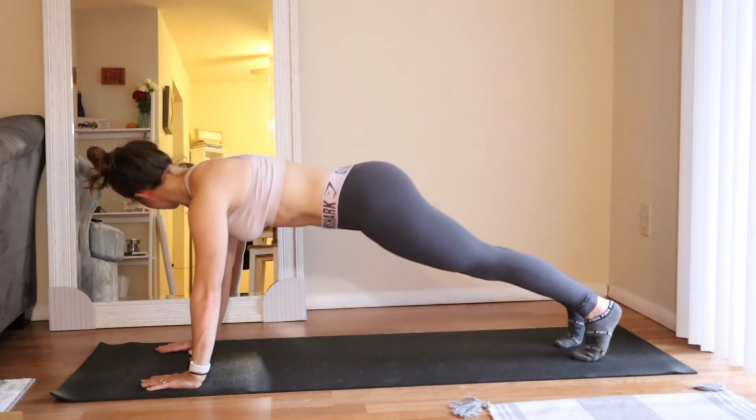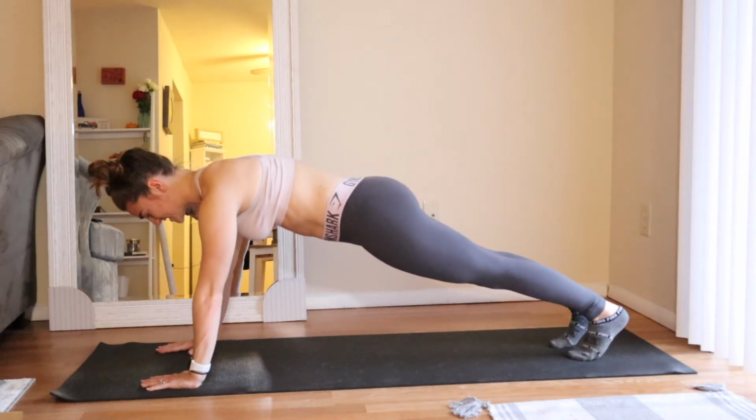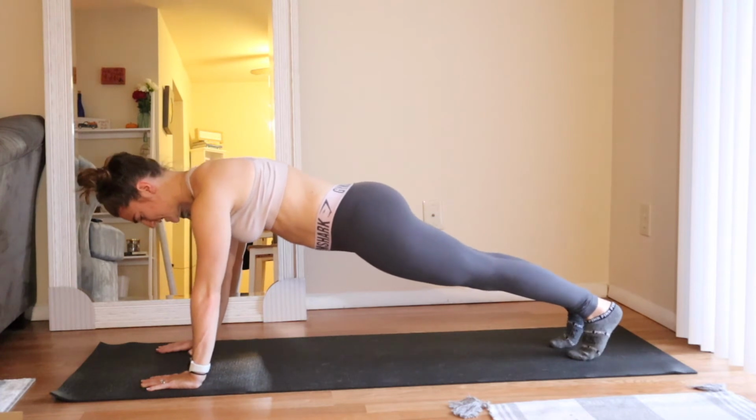This is not going to help you. You want to be core engaged, pelvis tucked just a little bit, shoulders over the wrists, and hold. So now planks are also another great thing that you can do basically every day. You can do them while watching TV or taking a break. You should do at least 3 sets of planks a day, whether you want to do them all at once